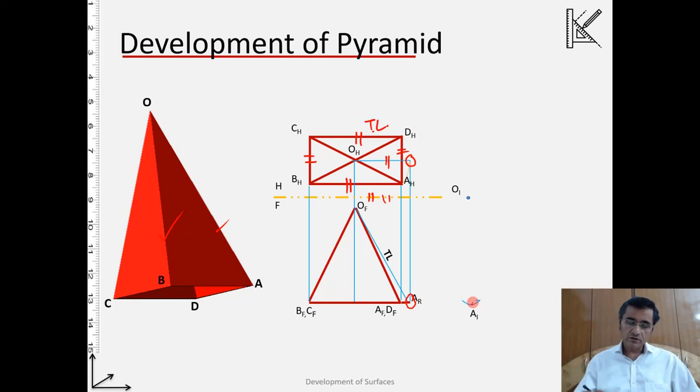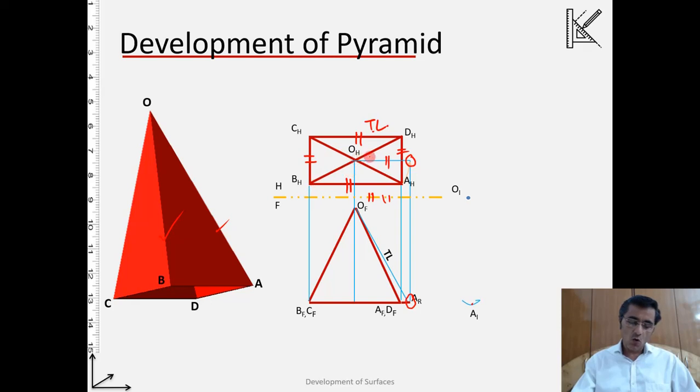Alright, now the next point, for example, I am now at point A, and now I want to find the next point, which is B. So where is B? The point B is from O at distance OB, which is the true length that we just determined, as well as AB, which we also know.